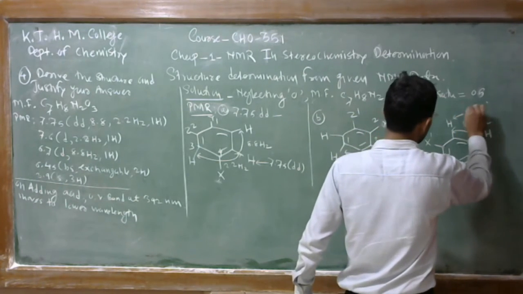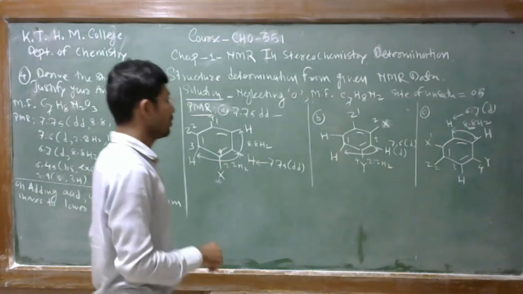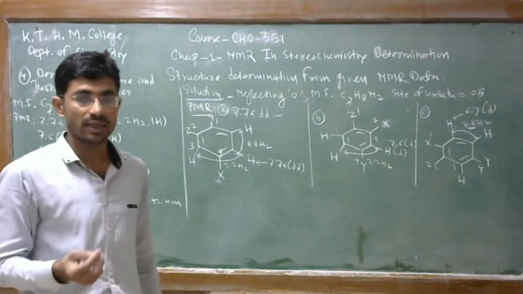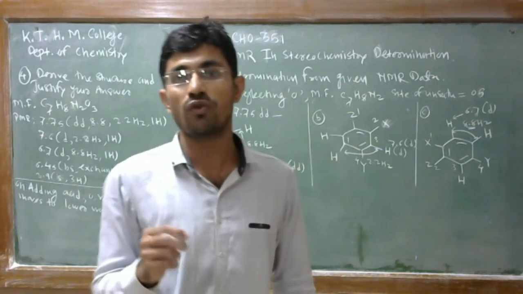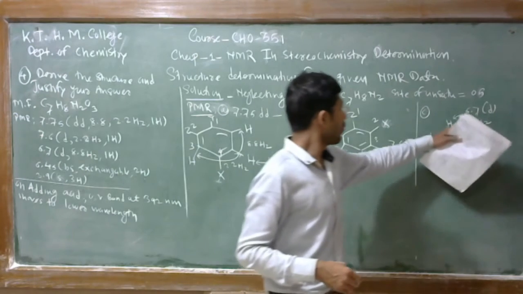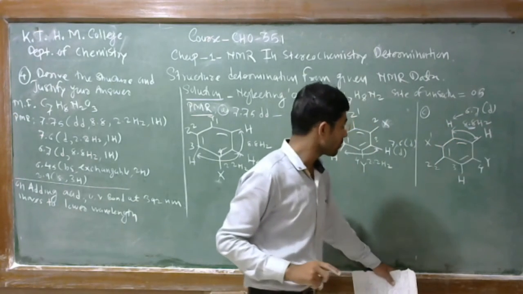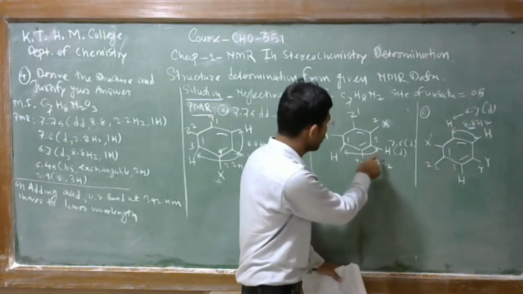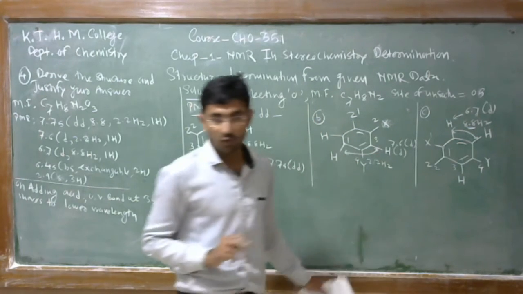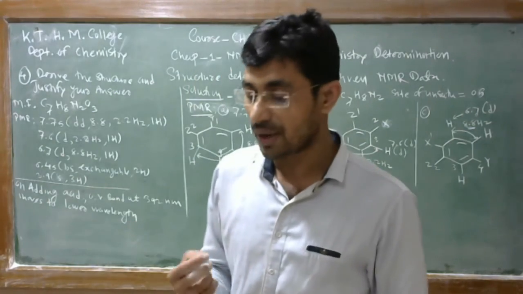So this shows the 6.7, that is a doublet, 8.8 Hz. So these 3 signals clearly indicate that in our possible structure, 1, 2, 4 type of trisubstitution pattern is present. 8.8 means only one ortho proton is present in this situation. Also here only one meta proton is present. So from this we can conclude that in our possible structure 1, 2, 4 trisubstitution pattern is present.